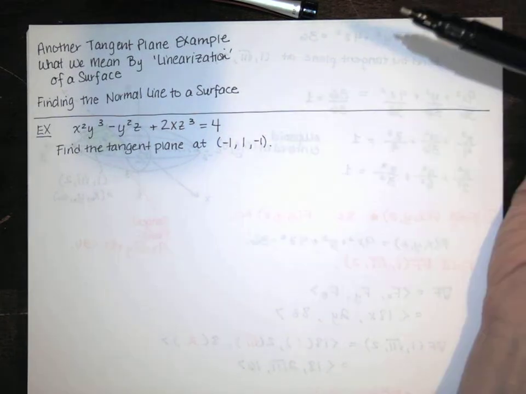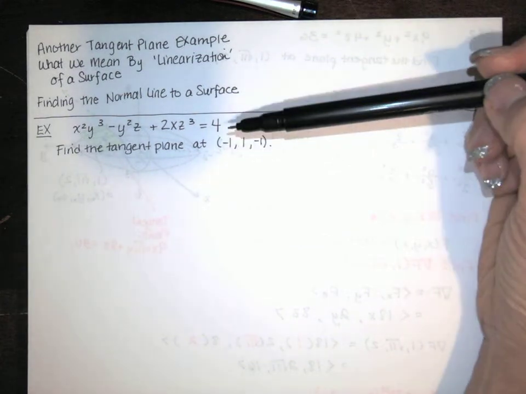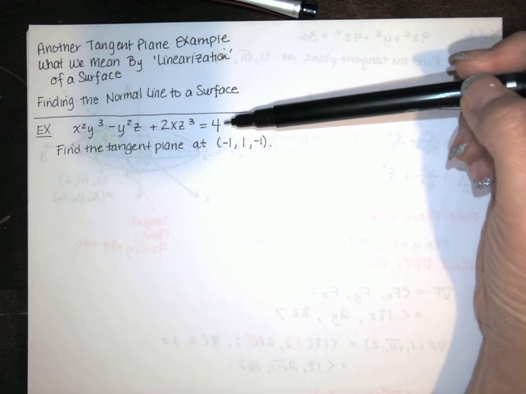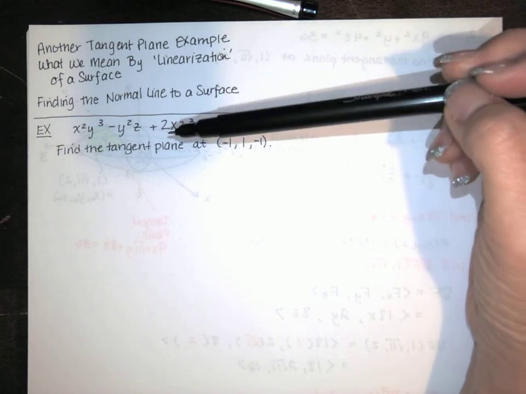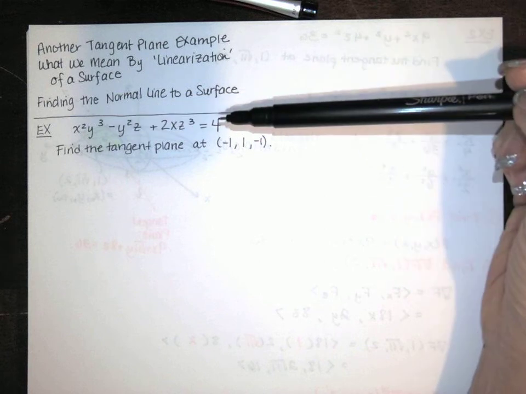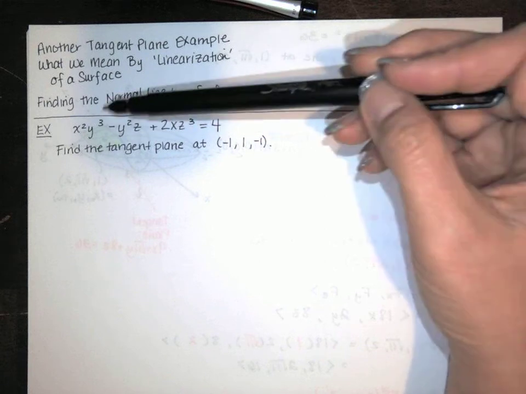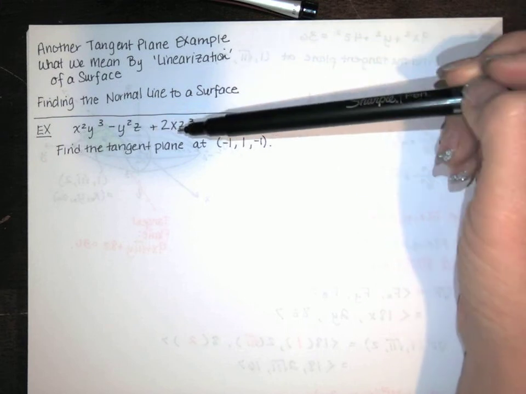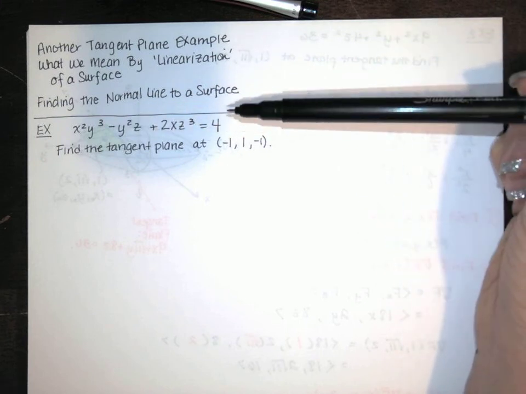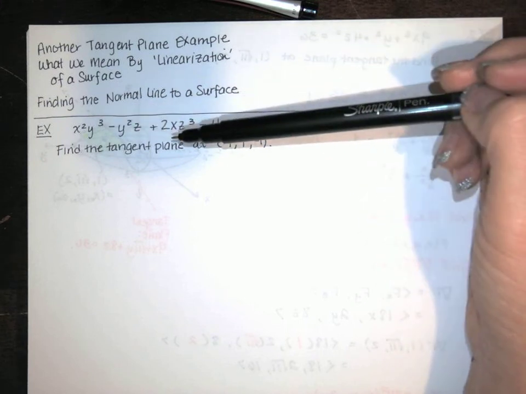So this is our example. Now this is one that I don't know what it looks like. I'm not really sure what this surface looks like, but I know if there is a surface that satisfies this equation, if there's a z as a function of two variables that satisfies this equation, well, then this would be a surface in three-dimensional space, because I've got a function of x, y, and z